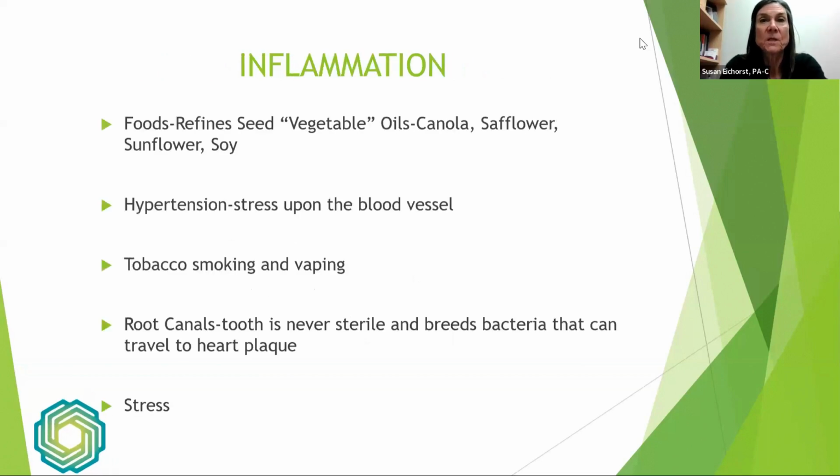But inflammation is really what gets us started here, and probably the most cautionary food that any of us tend to have in our world are these highly inflammatory vegetable or seed oils. These things are killing us. We know this. We can look at longitudinal studies before they came on board in the late 1800s. We did not have some of the same conditions that we deal with today. So we really need to get these out of our diet.